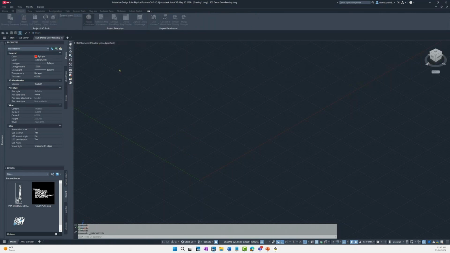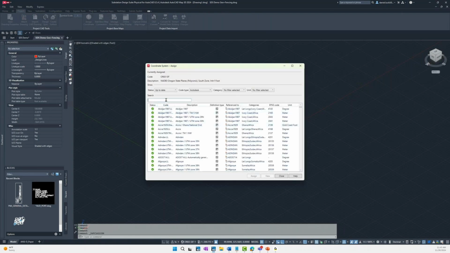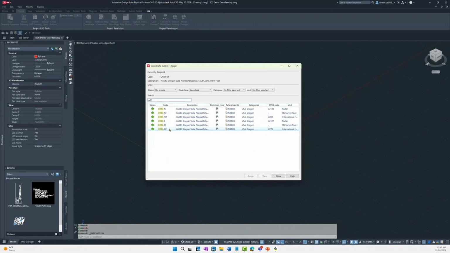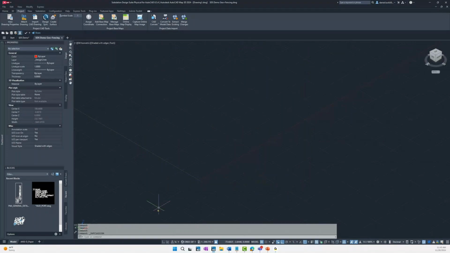We'll run this, and I've already got, for the sake of the demo, something prepared. But we can go ahead and select a coordinate system, assign that to our drawing, and then the second command is going to be the geomark lat long. So we're going to actually put in the latitude and longitude of the site. We want a pin drop on where our substation is going to be